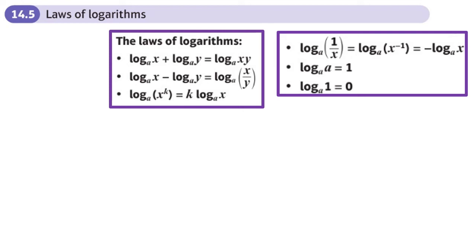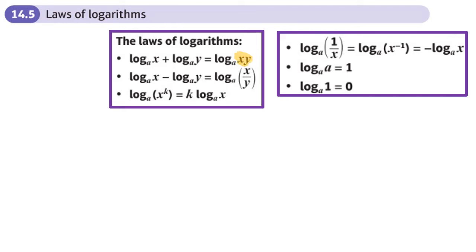This is the 5th section of the Exponentials and Logarithms chapter, and this is all about the laws of logarithms that allow us to put logarithms together. And they're similar to the laws for powers. So for example,